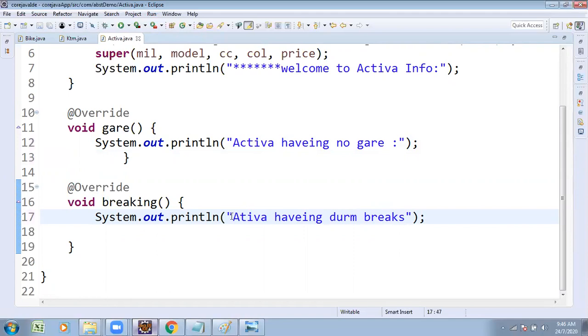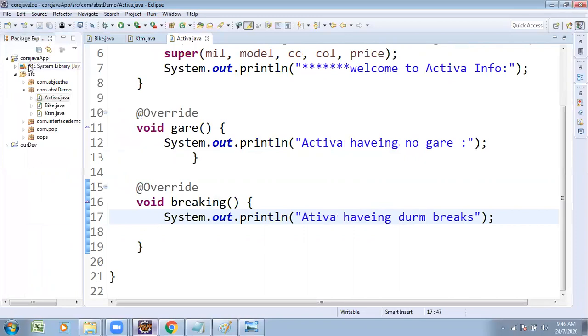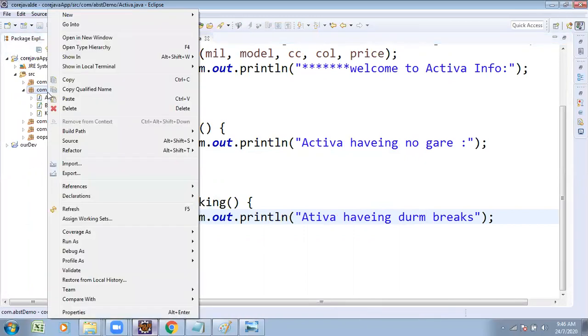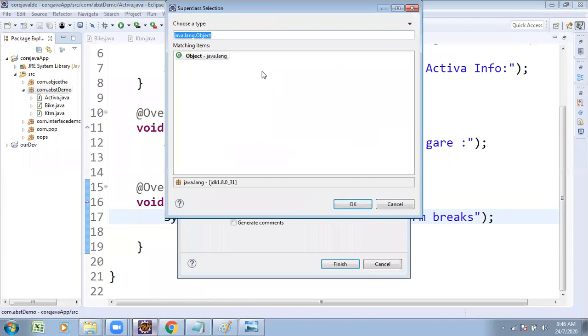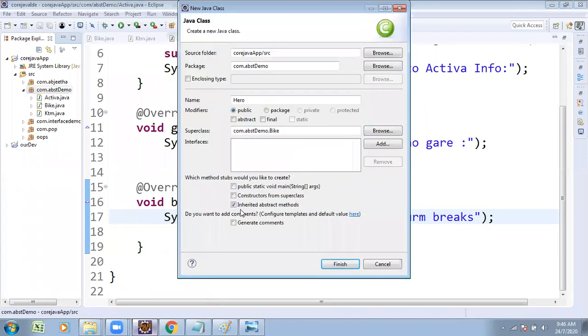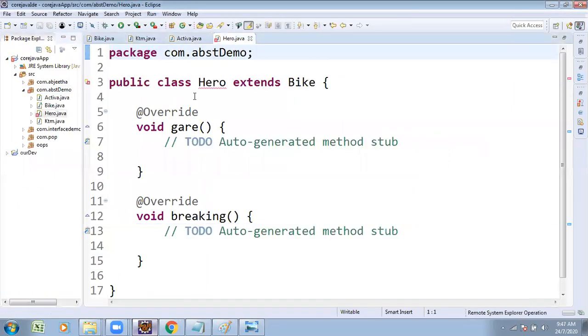Like this, one more class also I wanted to take, Royal Enfield class or Hero class. One more class, new class. That class name is Hero. Hero class's super class is Bike. Inherited abstract methods, you present.